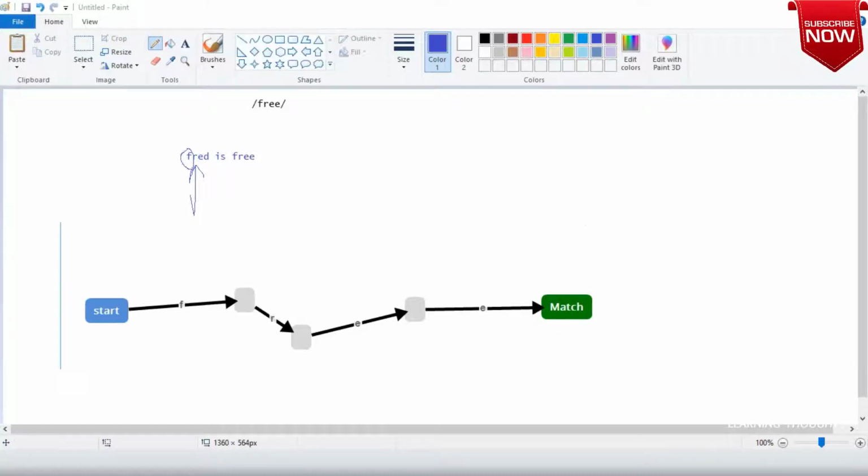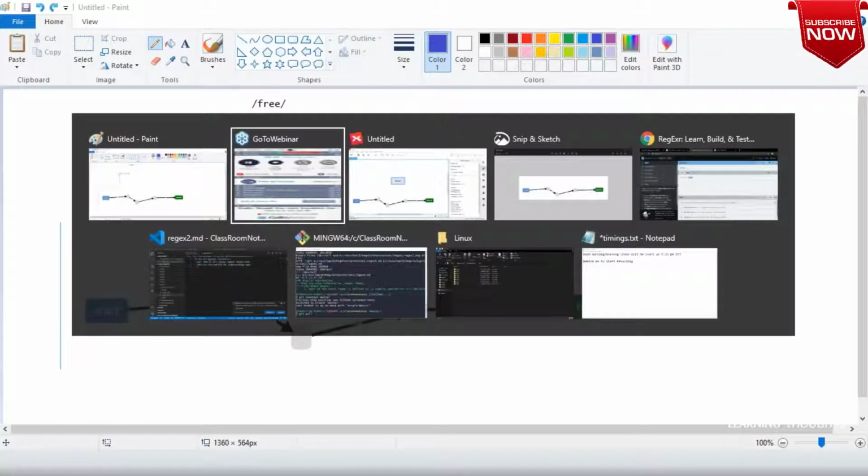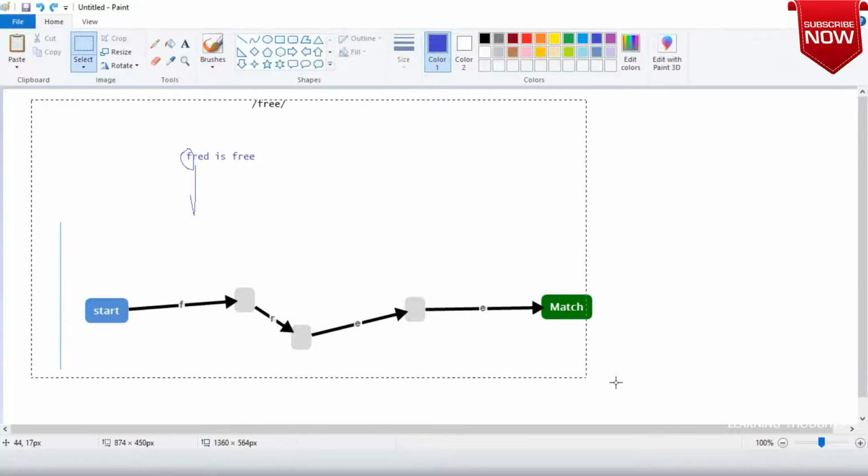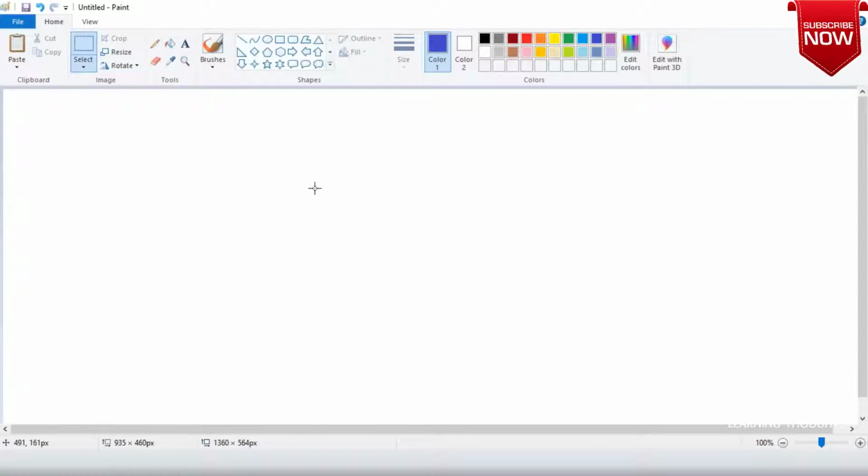So it is easy to draw these things with pen and paper. Now let us try a little bit more complicated kind of graph. This time I will not be using this fancy tool. Let me use a very simple tool.